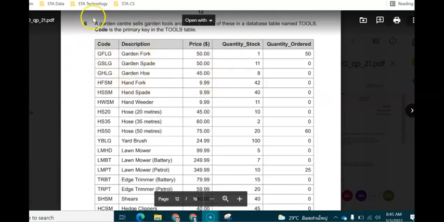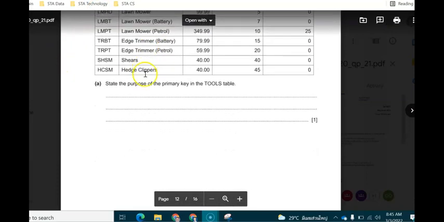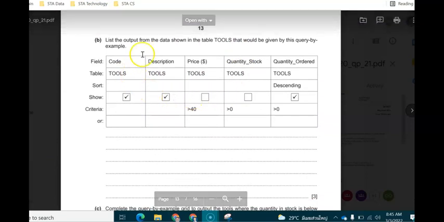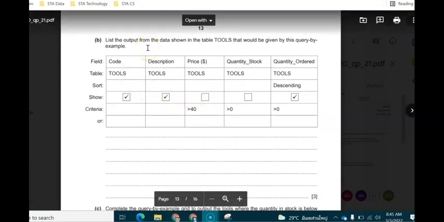So you'll be able to create one as like 001, 002, 003, and you'll be able to apply that to each of the records. Now, moving on to this question here, it says we need to list the output from